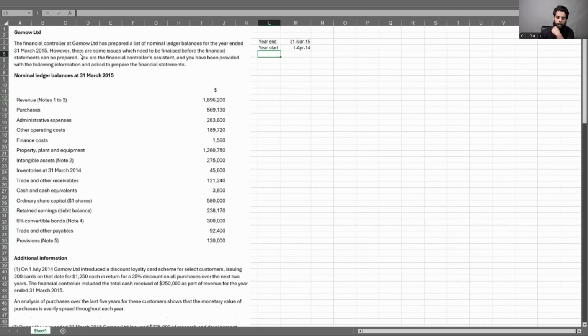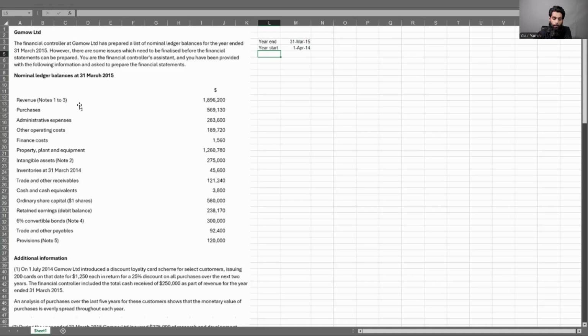It says that, however, there are some issues which need to be finalized before the financial statements can be prepared. And that is where you come in. You are the financial controller's assistant, and you have been provided with the following information and asked to prepare the financial statements. You are responsible for preparing the financial statements of a single entity. Now, before you even prepare the financial statements and rectify the errors, you are provided with a list of ledger balances. Basically, you are given a trial balance, and you need to go through it and see if there are any shortcomings or not. So you see that the revenue of the trial balance is